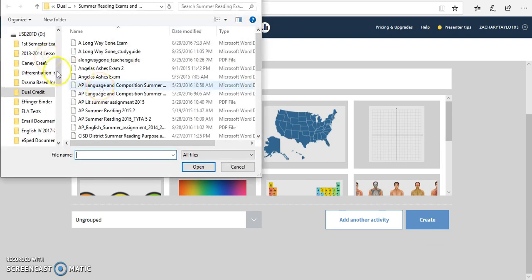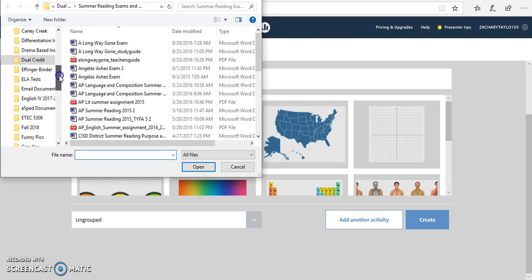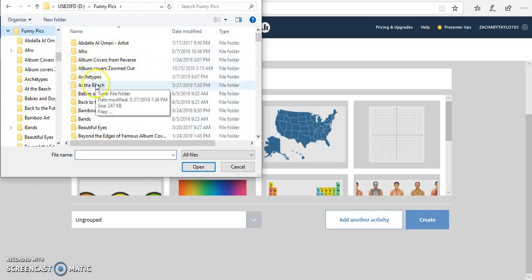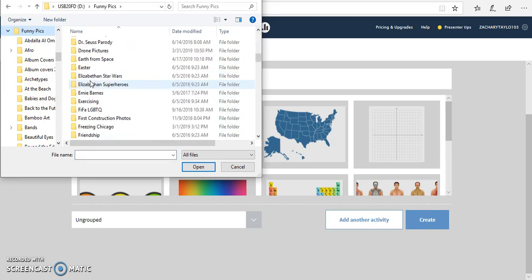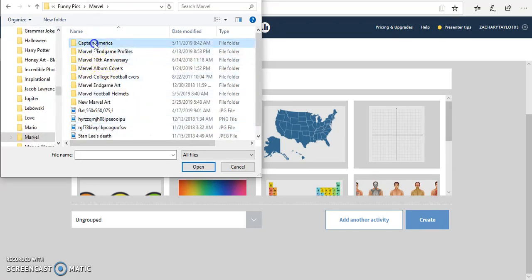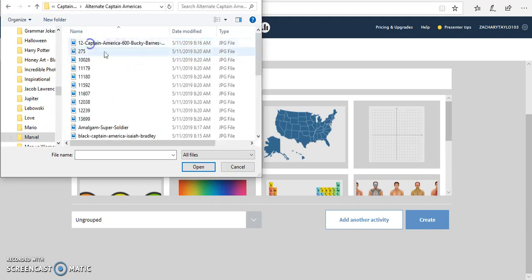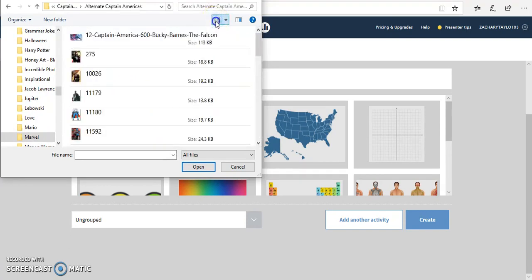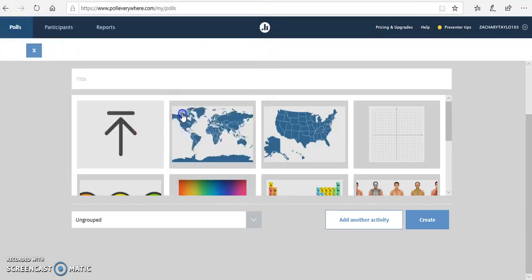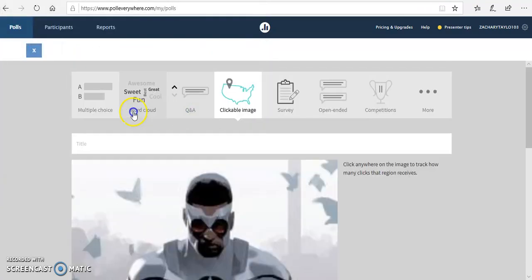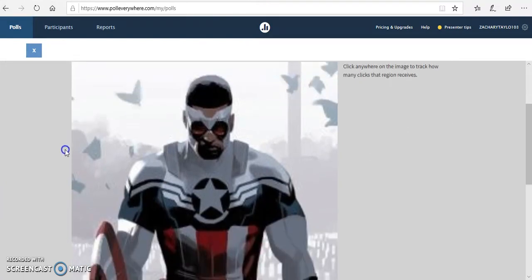Me personally, and you can see going through my flash drive, let's see, funny pictures. I'm really into Marvel right now. So if I wanted to post a picture of Captain America, I could select a picture of that, and maybe I can ask the students a question